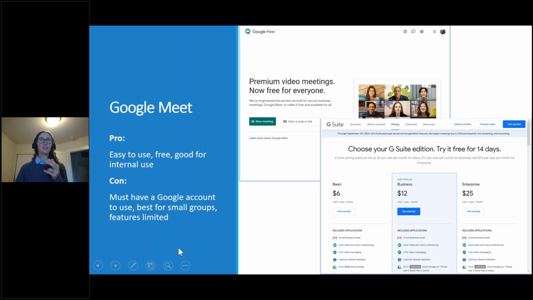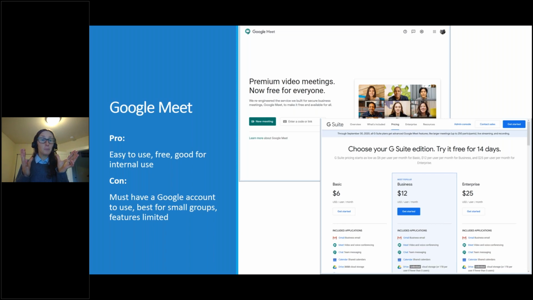Google Meet, as I mentioned, also really easy to use. It is free, but the biggest limiter, you have to have a Google account to get in there. So again, if you're already in the Google platform and Google environment, use this particularly, or you can use this internally if all you want is an internal meeting environment and you want it free. This is an awesome one.